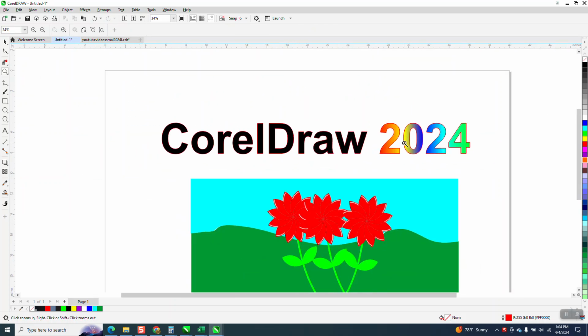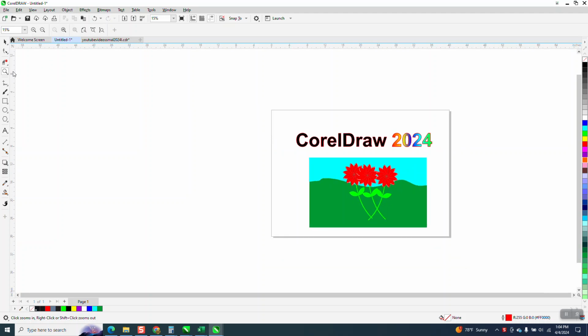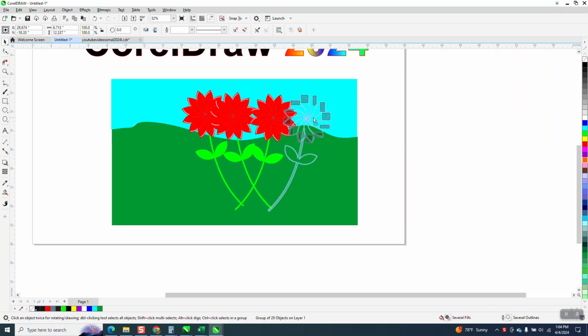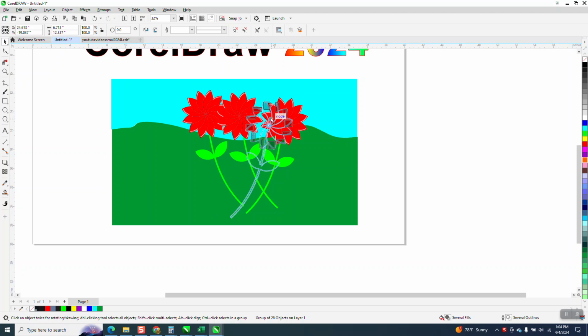This is about CorelDraw 2024 that I just got a couple of days ago, and I've just been playing with it and watching some of their videos, and they do a great job. But if you look, I have a bunch of objects on this page. And the old way to do it would be to go and ungroup them and change them, but they put